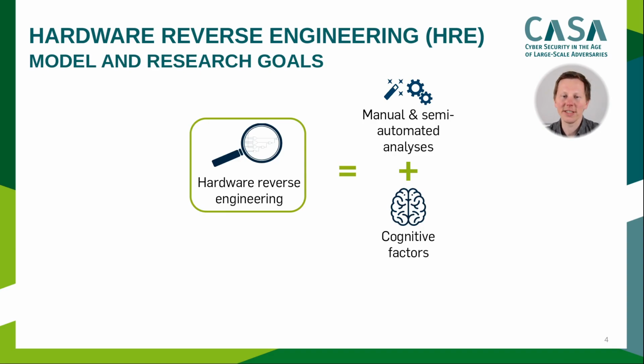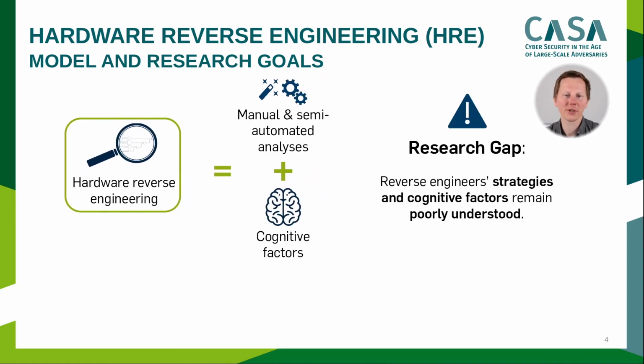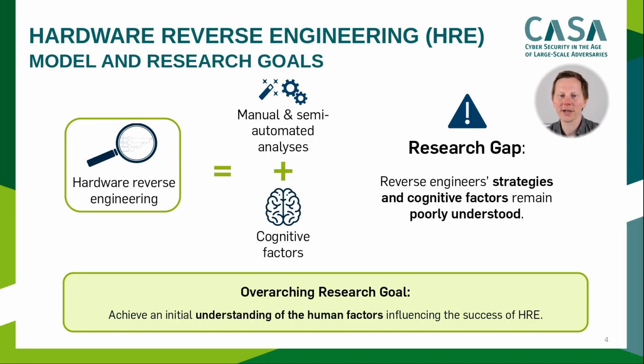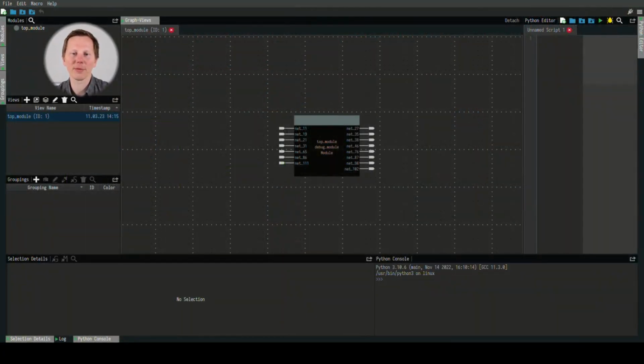To investigate this HRE sense-making process, we have established a model for HRE. On the one side is the technical part, where the reverse engineer runs a combination of manual and semi-automated analyses. On the other side, there are the cognitive processes of the reverse engineer, which steer the analysis. However, there has been little research on the latter. As such, reverse engineer strategies and crucial cognitive factors remain poorly understood. Thus, our overarching research goal with this work is to achieve an initial understanding of the human factors influencing the success of HRE. To give you an idea of how HRE works in practice, I'm going to show you a